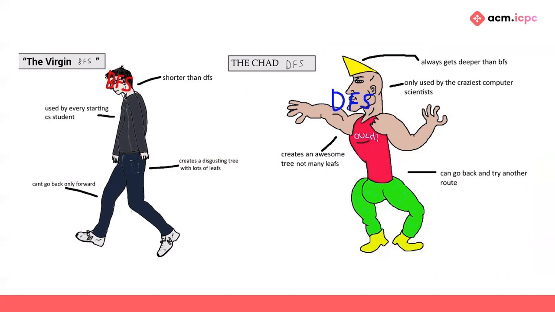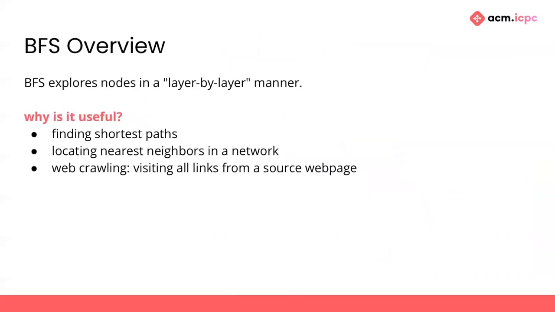Okay, so first is an overview of BFS. What is breadth first search? One way to characterize it is that it visits every node in a graph in a layer by layer manner. So it's very useful for finding shortest paths and locating nearest neighbors in a network. Another use is web crawling, where you want to, starting from a